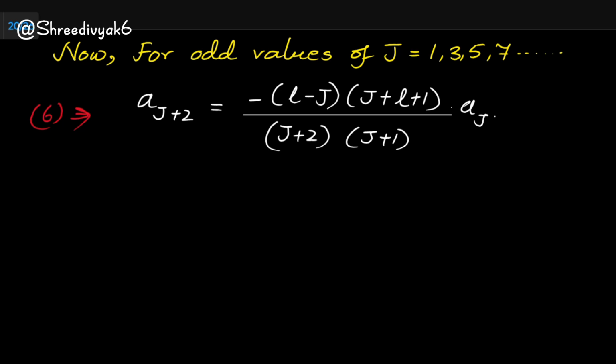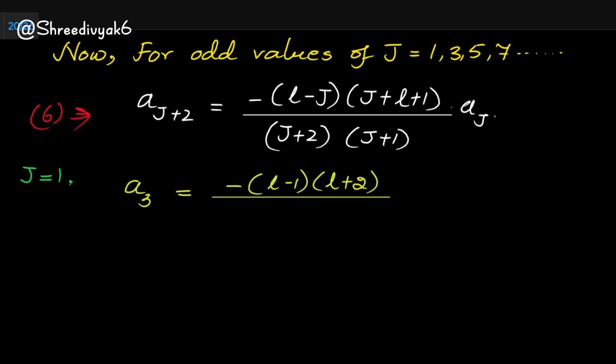So from this equation 6, the first odd value of j is 1. I'll get the coefficient A3 equal to minus L minus 1 into L plus 2, whole divided by 3 into 2, into